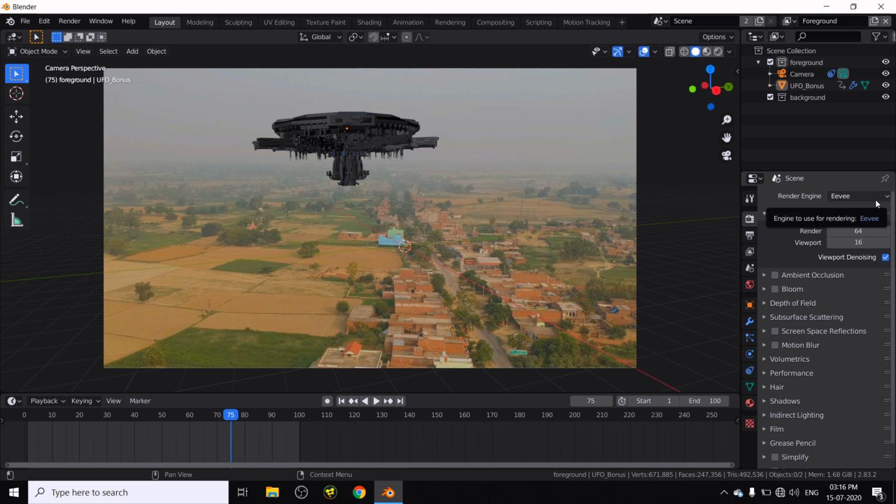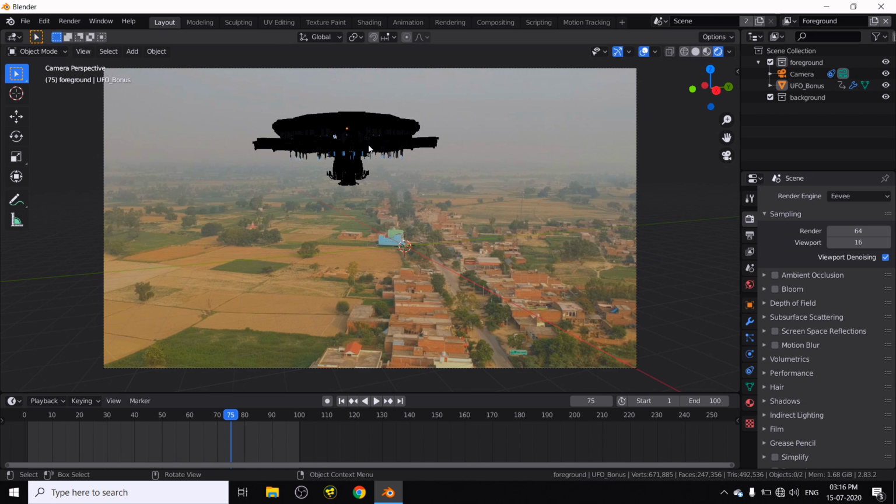Go to the render view. As you can see here, nothing, because it is dark, because there is no ambient light, there is no point light, there is no sunlight, so everything is almost dark. But before giving some light here,